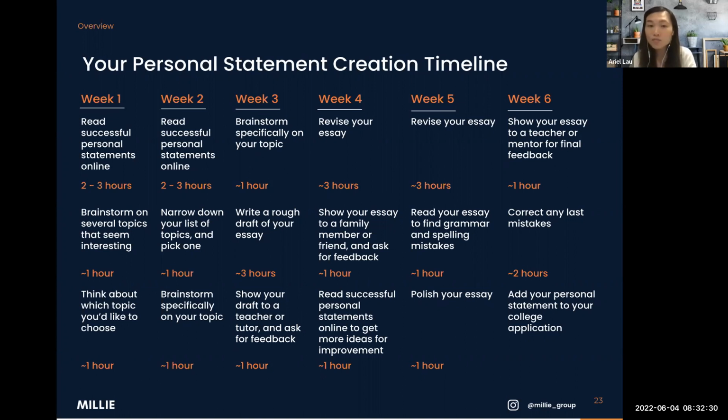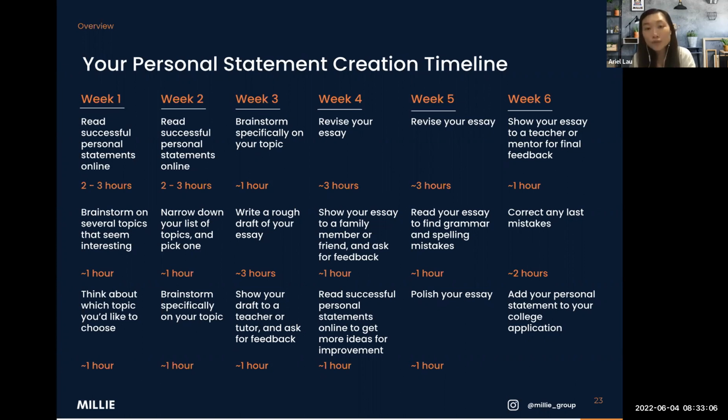Just the content, focus on writing it all out, and bring it to your students, mentors and teachers that you trust. Have them look over, and they will be able to tell you, especially someone who knows you better, what some of the content is that you're missing from this particular essay draft, or what some of the parts are that could be taken out, because after all, you only have 650 words at the end of the day. So if you don't know what to take out, you can also ask the opinion of your teachers and tutor.